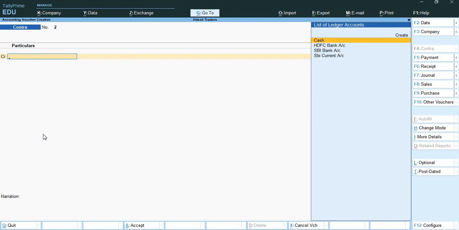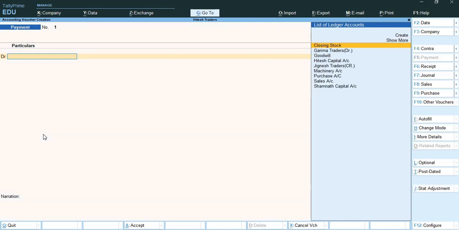Next entry is payment voucher. So what is the shortcut key for payment voucher? The shortcut key for payment voucher is F5. So I'll open my payment voucher over here. There are two types of questions they have given to me. First type of question is Suhan Software Private Limited paid 5,000 rupees towards entertainment expenses by check number 912301 of